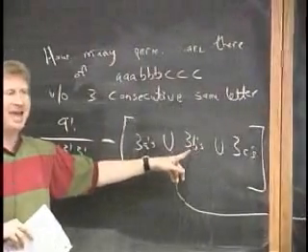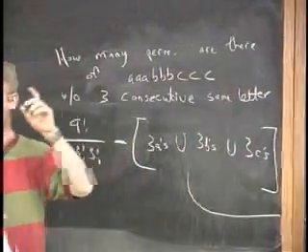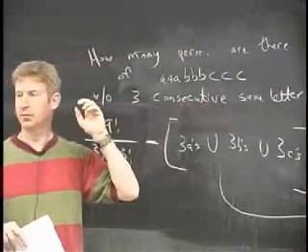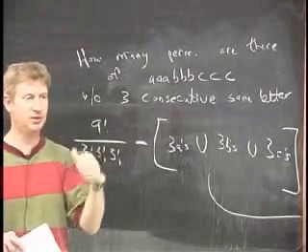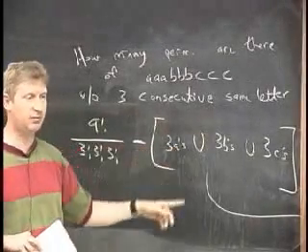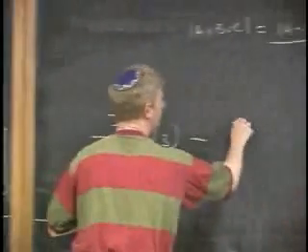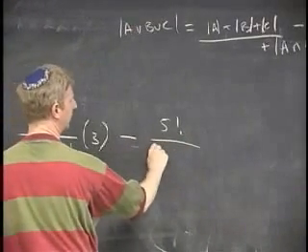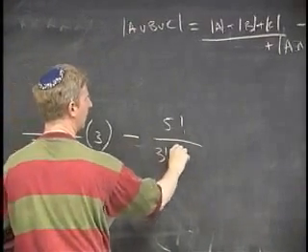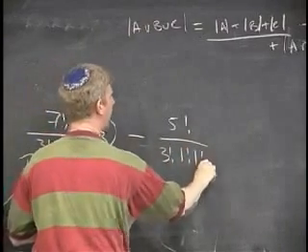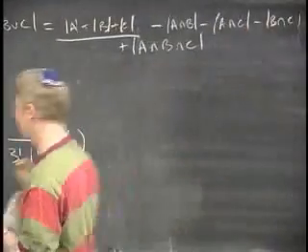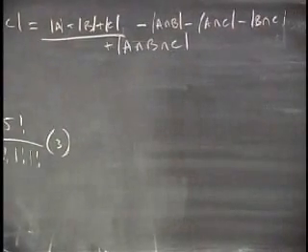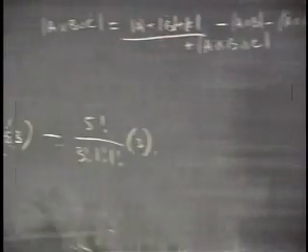3A's and 3B's. That means I have only 5 objects: 1 chunk of A's, 1 chunk of B's, and then 3 distinct C's that can move around. So I'm going to take 5 objects, and the different types are 3 factorial, 1, and 1. And I have 3 of those possibilities. 1, 2, 3. 3 different pairs of things that go together. Finally, plus,